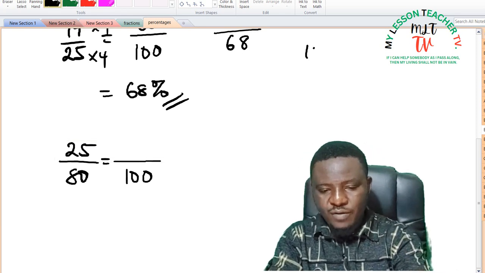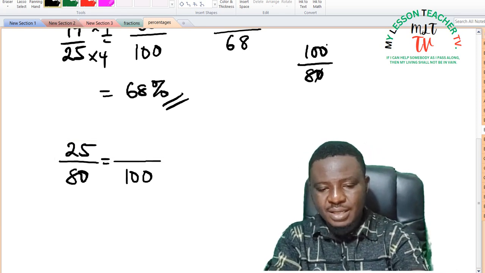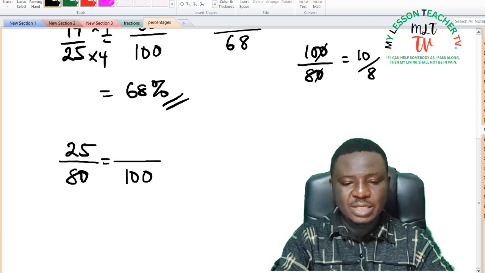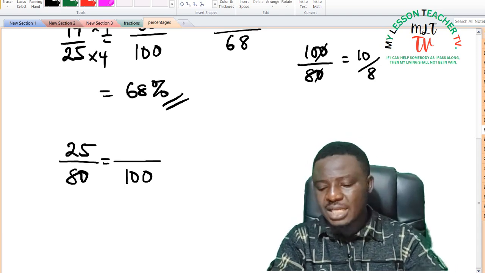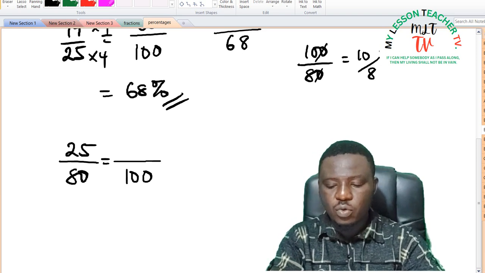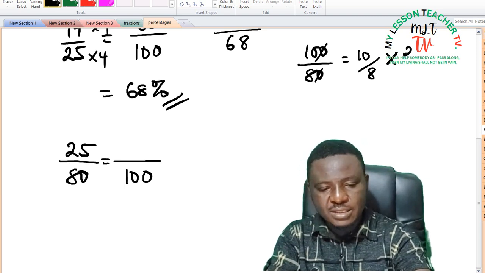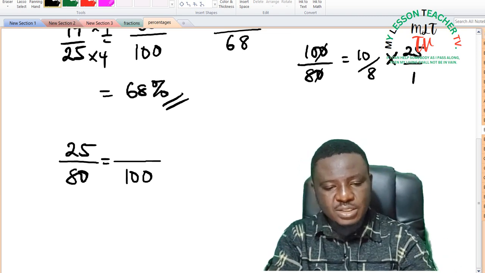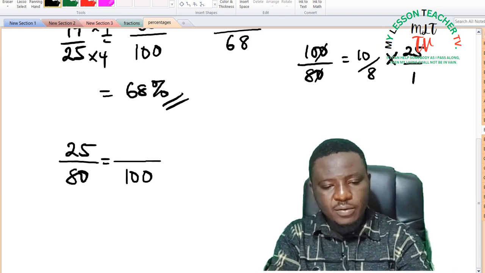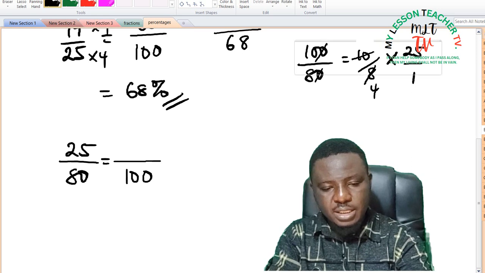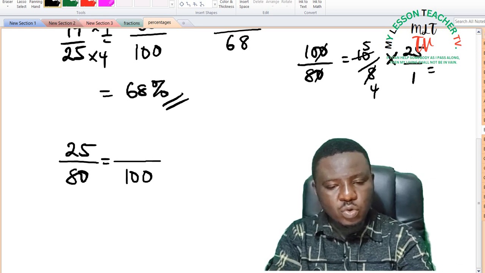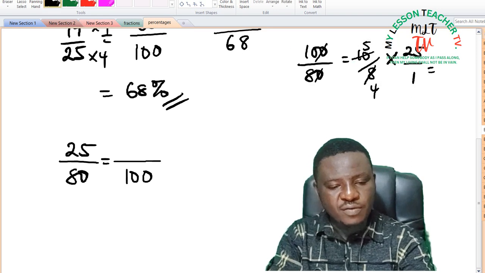How do I know that? When you divide 100 by 80, it gives you 10 divided by 8. So 10 divided by 8 is said to be that fraction or that factor that has been multiplied by 80 to give you 100. So I will also multiply 25 by 5 over 8. So when you multiply 25 by 5 over 8, what do you end up getting? 2 can divide 8 4 times, and 2 into 10 is 5. So this is equal to 25 times 5 gives you